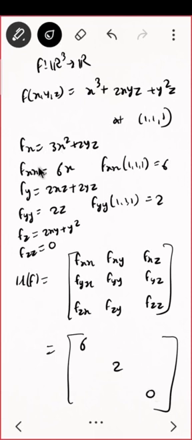Now next thing you want is fxy. Differentiating with respect to y, you'll have 2z. So the answer will be 2. So here it will be 2. And the next thing we need is fxz. fx is already there, differentiating with respect to z gives 2y. Again 2. Since it is a symmetric matrix, these two are 2, so this will also be 2. Correct. Now fyz. I already have fy, differentiating with respect to z it will be 2x plus 2y. So that will be 4. So this is 4, and this is also 4. So this is your Hessian matrix. That's it.